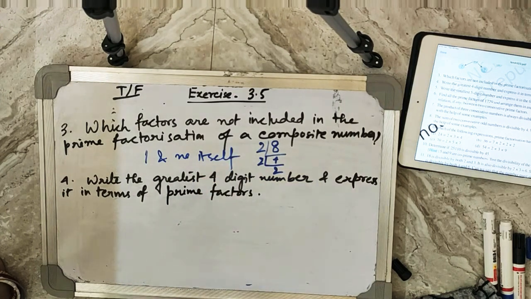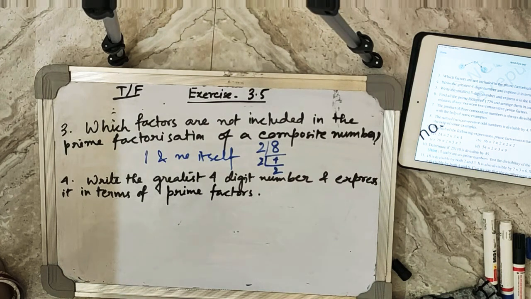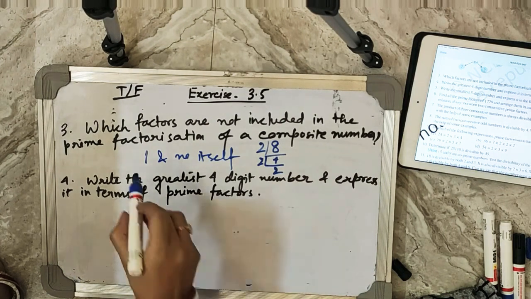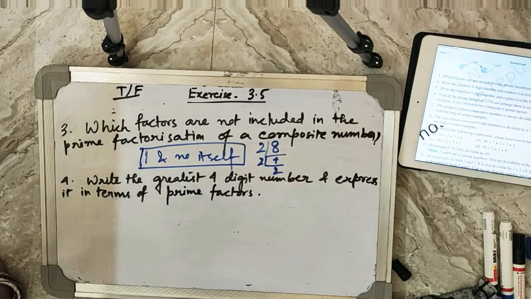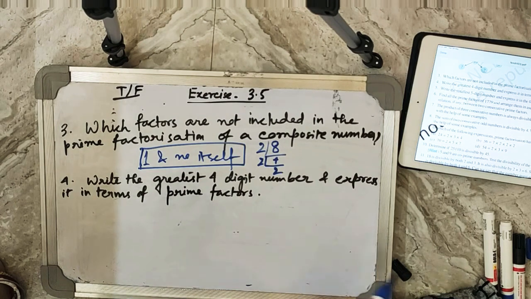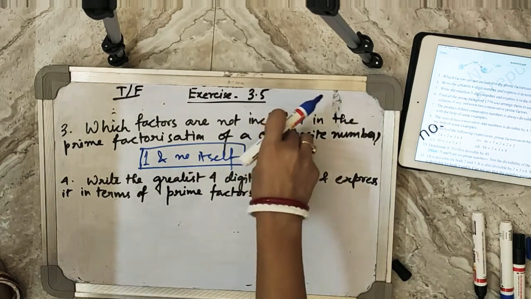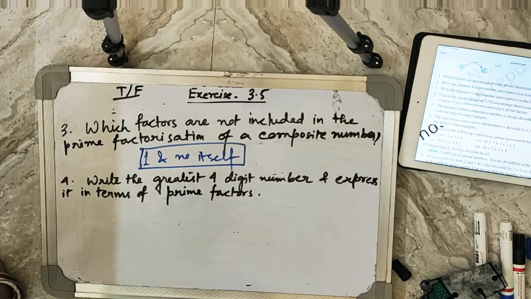Okay, so whenever we are doing the prime factorization of a composite number, we are not writing their factors 1 and the number. Okay, so let's proceed. In the next question it is given, write the greatest 4-digit number and express it in